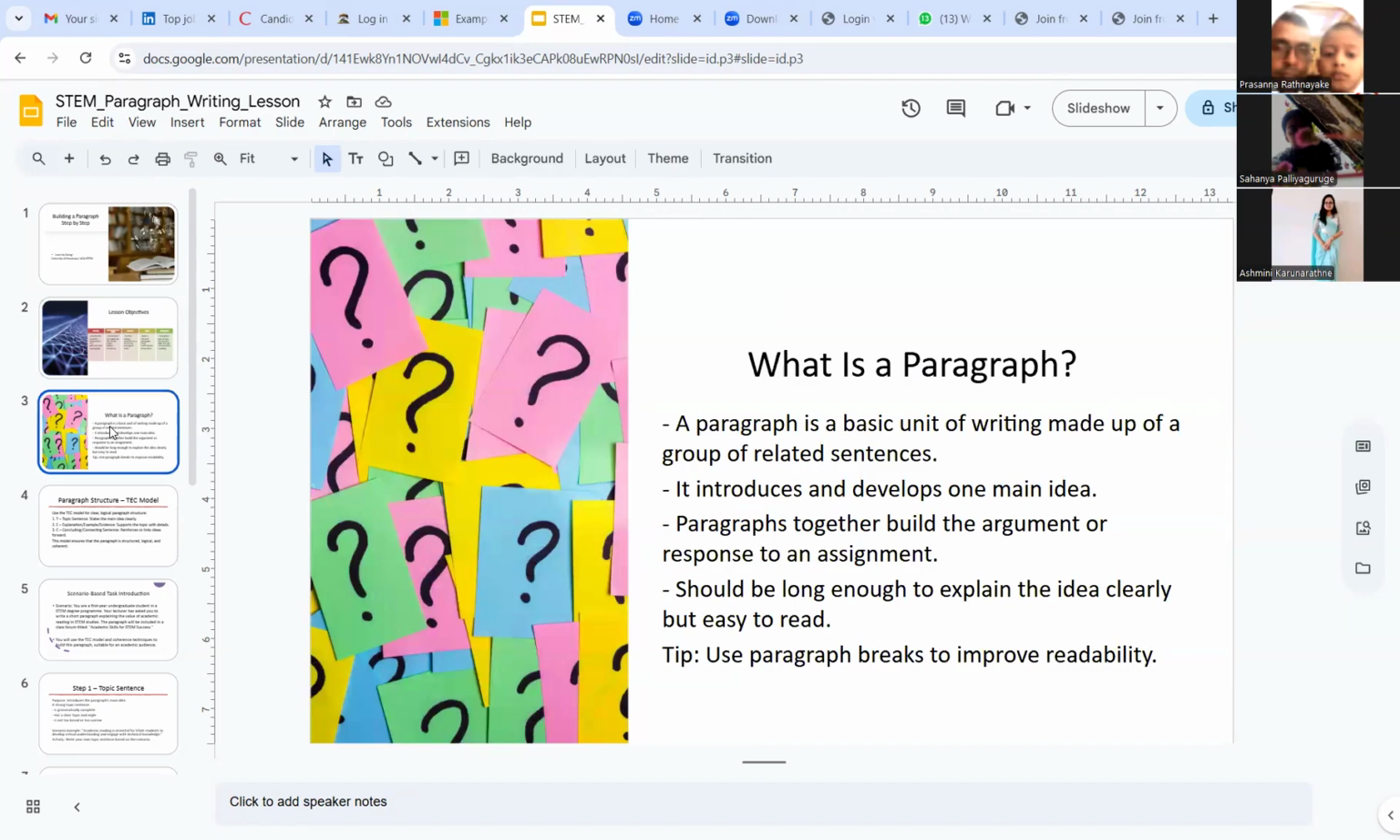A paragraph is a basic unit of writing made up of a group of related sentences. So we already know that when we take a set of similar sentences which we can group, we call it a paragraph. And basically, a paragraph in an essay or a write-up introduces and develops one main idea. Now, for example,